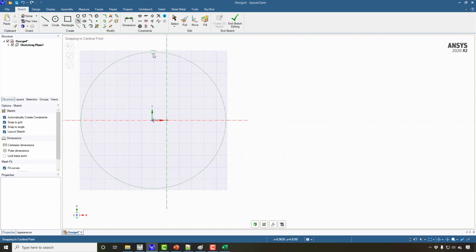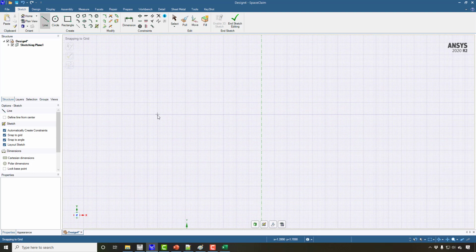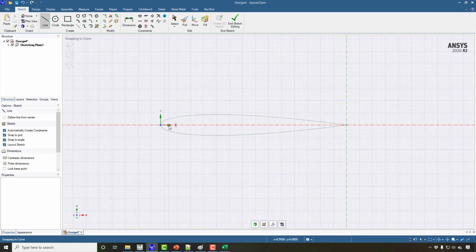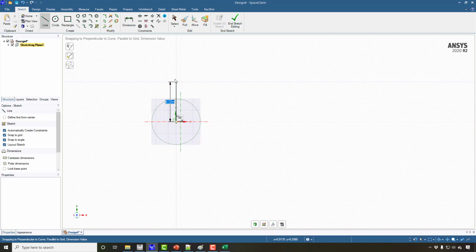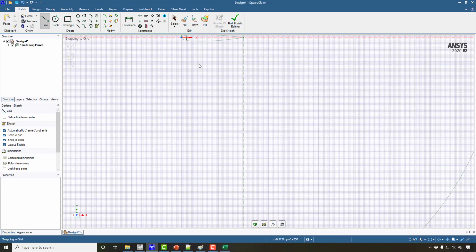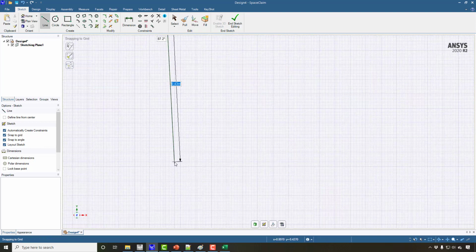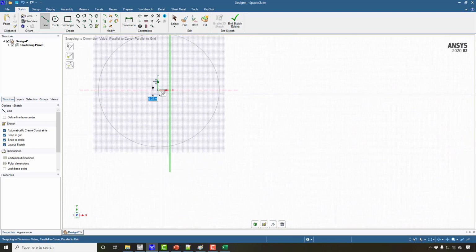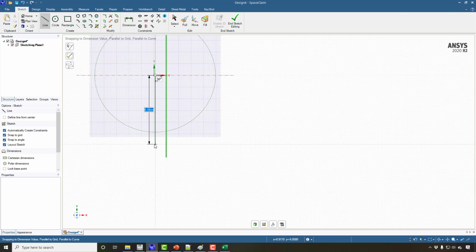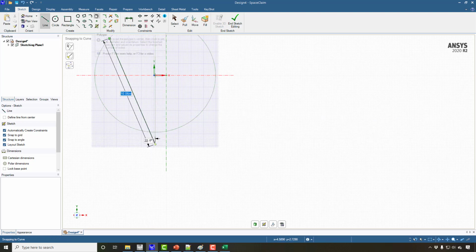So I will use the tangent line here, and let me make a line from this point up to the top side, a vertical line, and then also down to the bottom side, so it should cross the circle here.